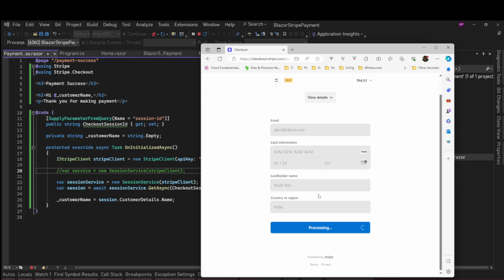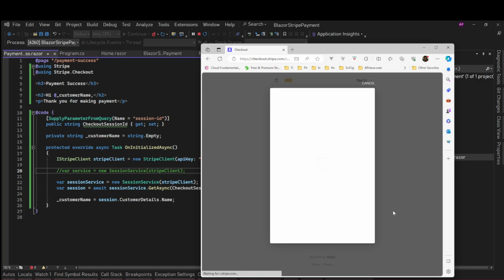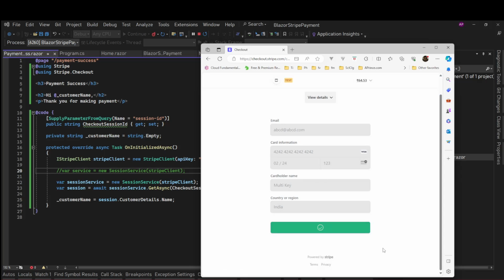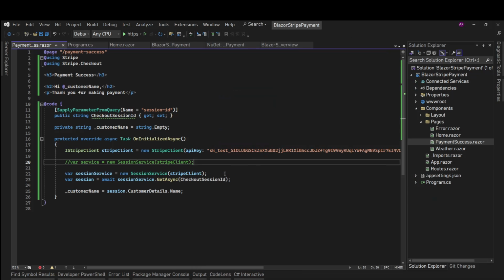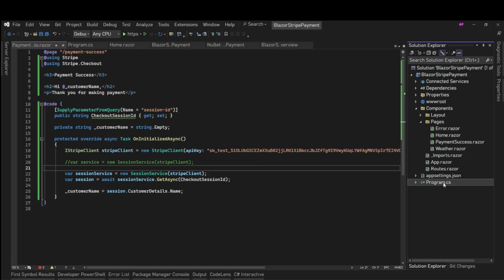You could name it whatever you want, card holder name, because this is just a test account. Okay, payment is processing, payment success, go back and here multi-key and this. So this thing works. So for multiple accounts, you can use this approach,